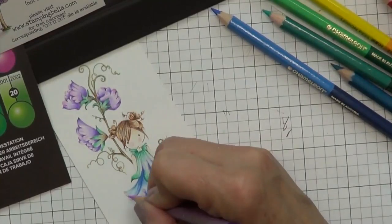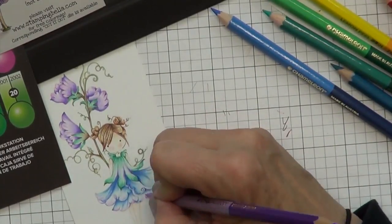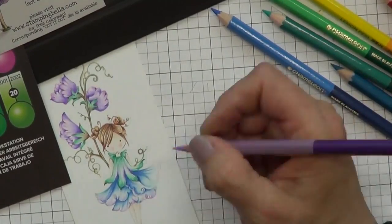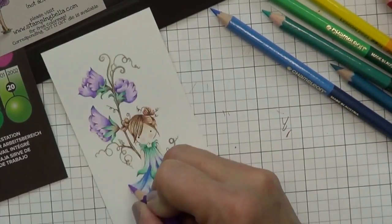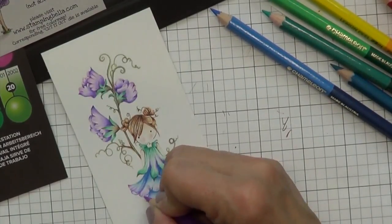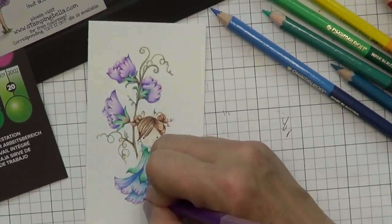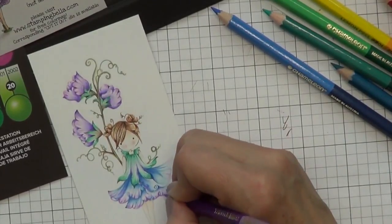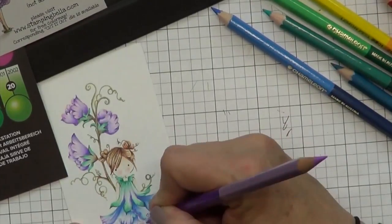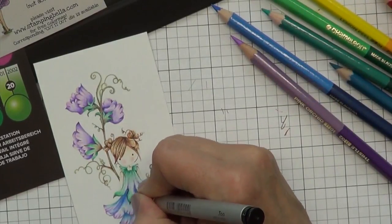But keep in mind, anything that you do, if you do it consistently, it's going to look good. You don't have to add lines where I do or where anyone else does. If you just build up colors and add lines anywhere that it comes to you and it's consistent, it will look good. And I'm bringing some of that purple down on the bottom of her skirt